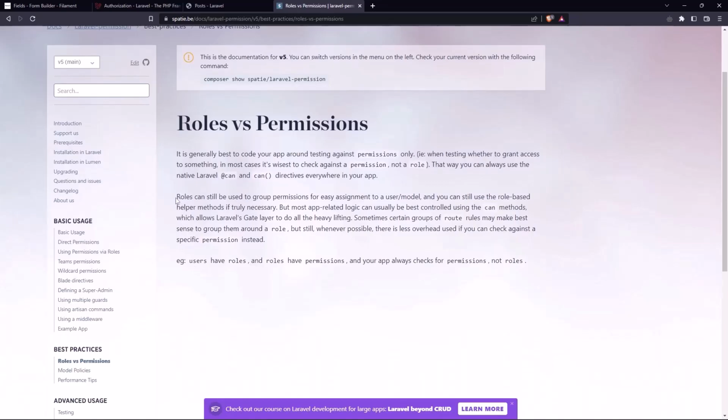Roles can still be used to group permissions for easy assignment to the user model, but we have an example here. Users have roles. We assign roles to users, and roles have permissions, and your app always checks for permissions, not